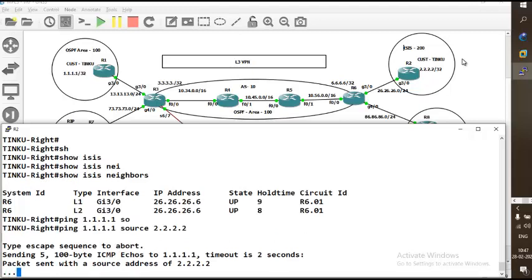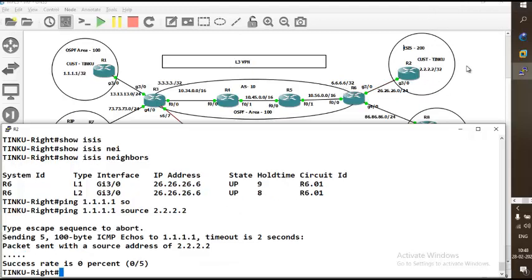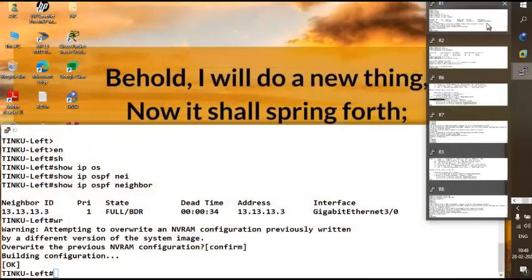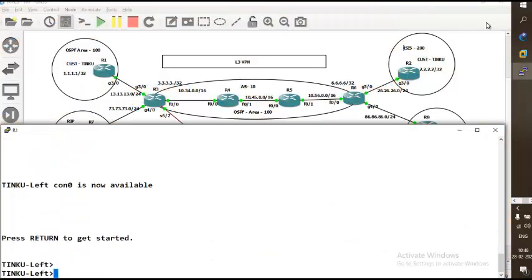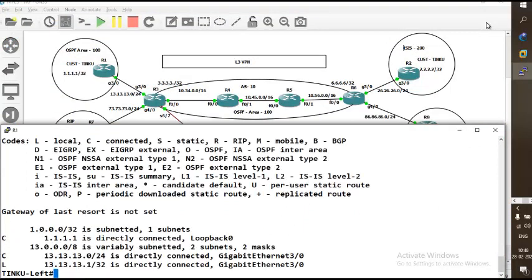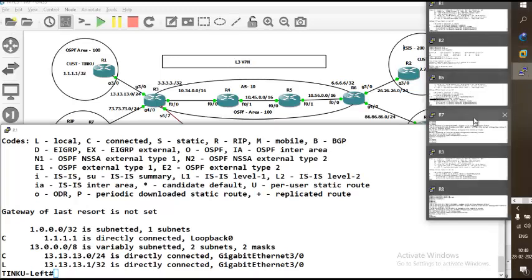No, you will not ping, because unless you redistribute into VPN, you will not be able to ping. The reason is R1 does not know. You see, show IP route. R1 does not know anything from router 2. So go to R6 and